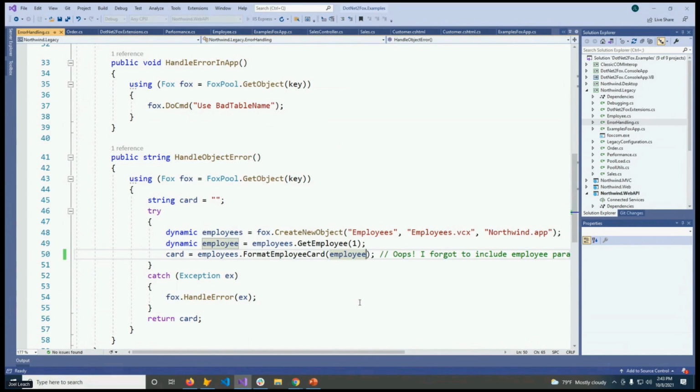Now, after an error occurs, DotNet2Fox will release and close the Fox instance. So this might be a little bit different than your FoxPro app, right? It probably handles errors more gracefully and keeps the app open so that the user doesn't have to close it and restart it. But I found this approach more reliable when using DotNet2Fox, okay, to go ahead and close that